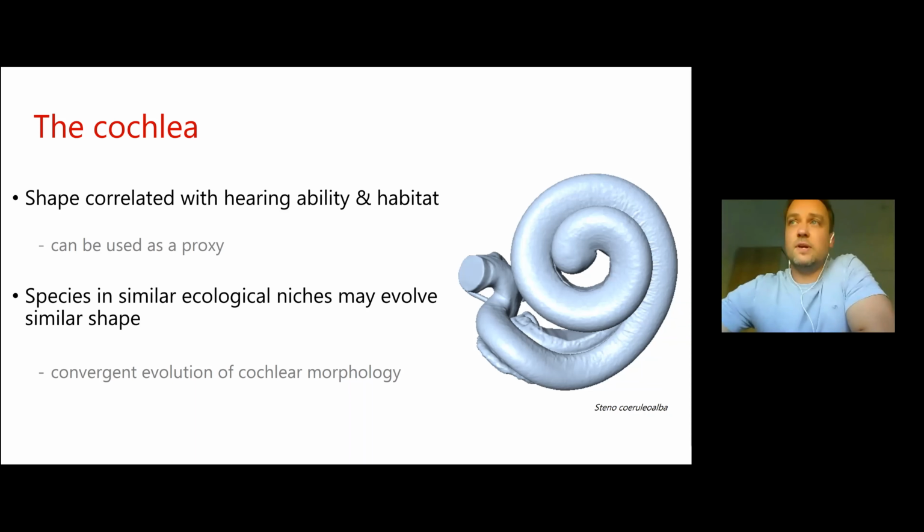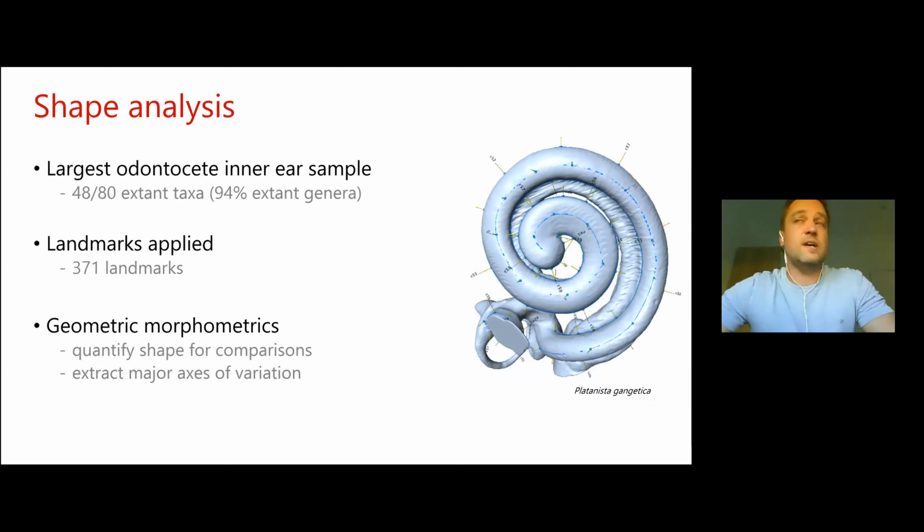So thinking along these lines, myself and my co-authors, we thought, well, if there are potential correlations with habitat and things like that, maybe we can quantify the shape of the cochlea and test whether or not there's actually been convergent evolution taking place in one or more lineages of toothed whales, and that's exactly what we've done in this study. So first of all, we need to gather, of course, the sample of ear bones, and